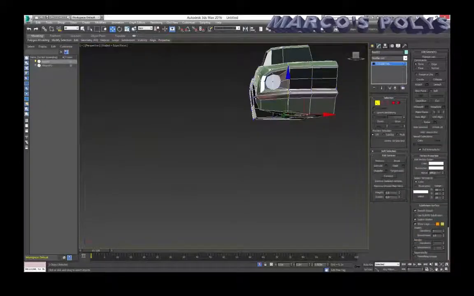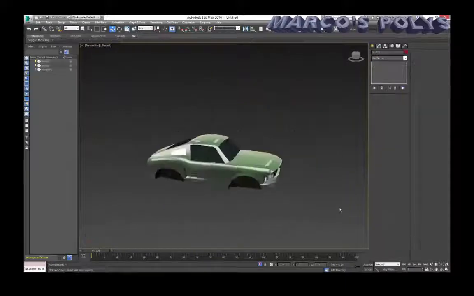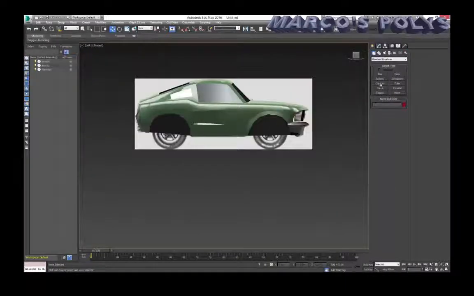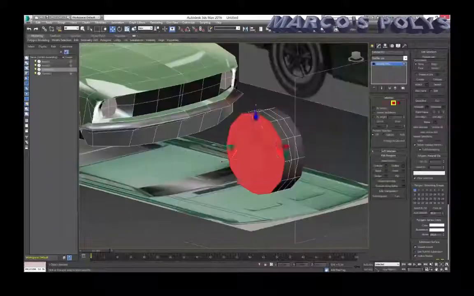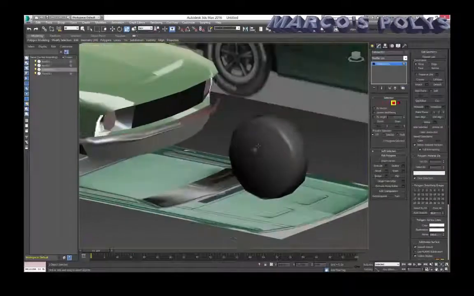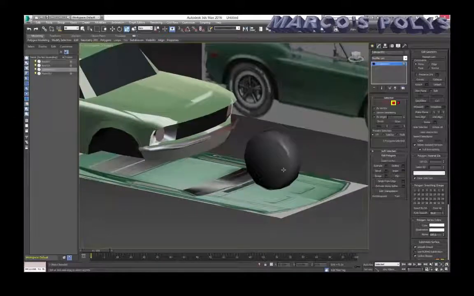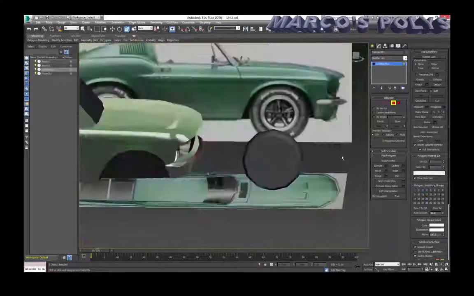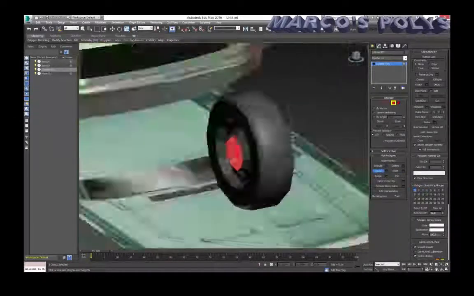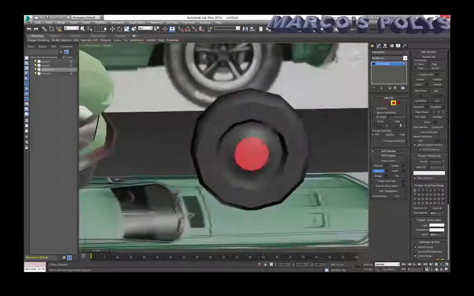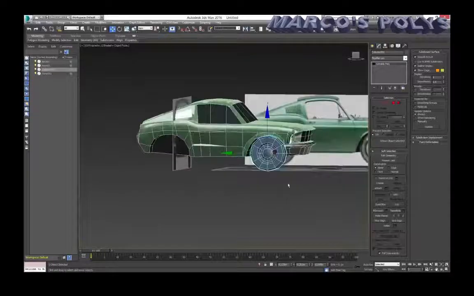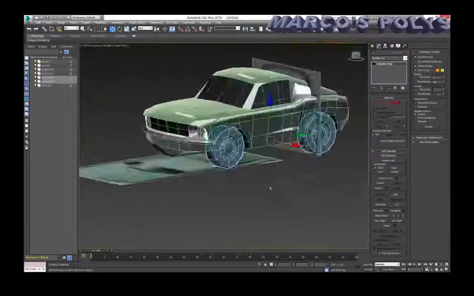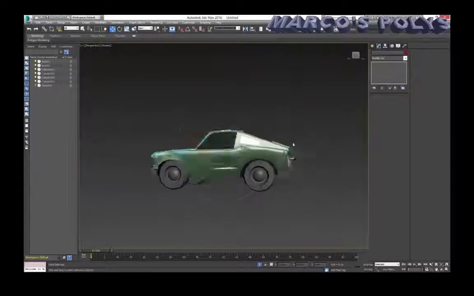So I did that for the front wheel. I'll eventually do that for the back wheel as well. And as you can see, this is the finished model. It still needs wheels, and wheels, the way that I make them for this kind of cars, are very simple. It's just a 12-sided cylinder with 3 segments, and then I scale the ends a bit so that we get that sort of rounded look for the edge of the tire. And then I just separate the smoothing groups here on what would be the hubcaps or the wheels,